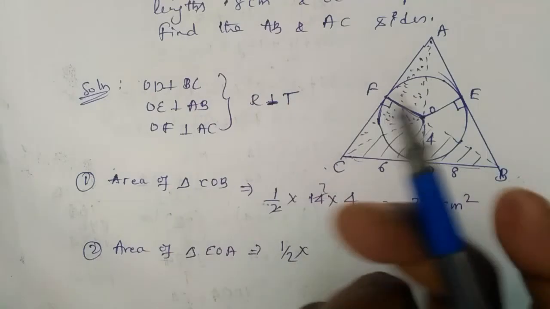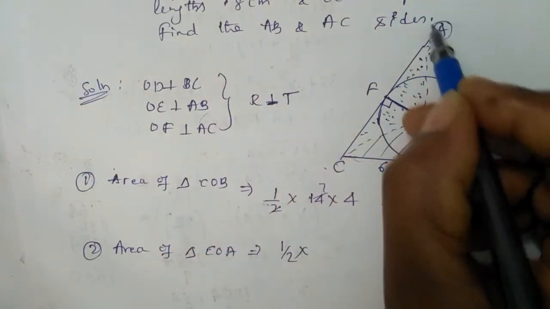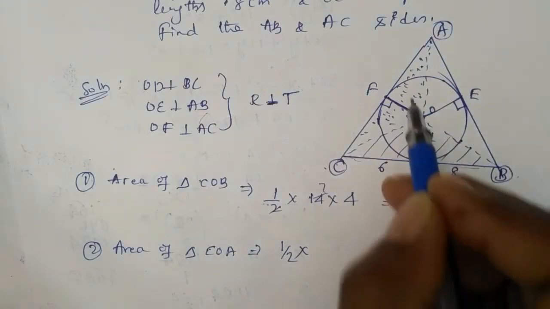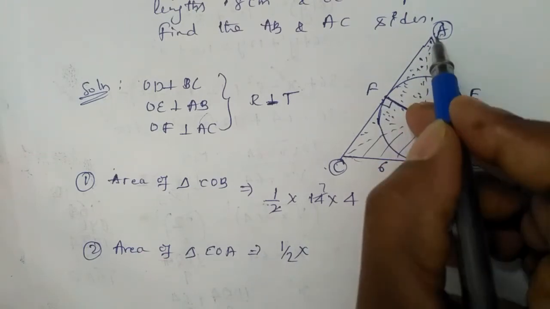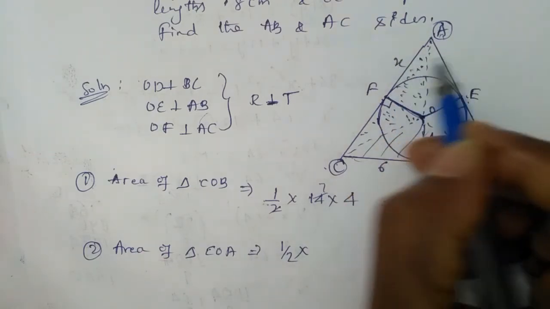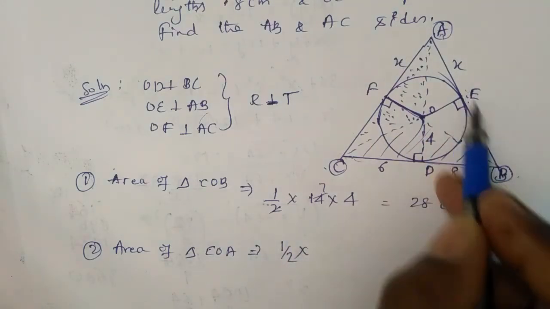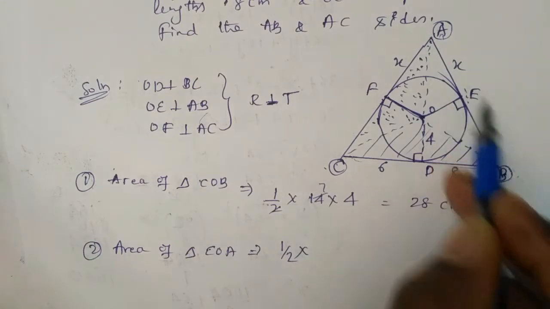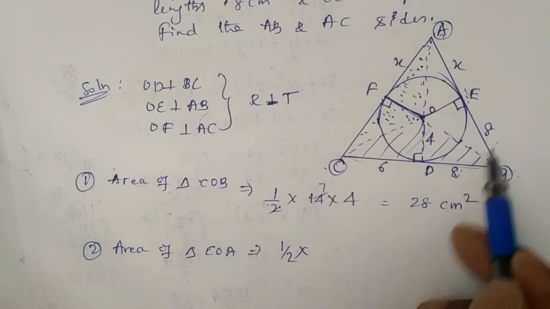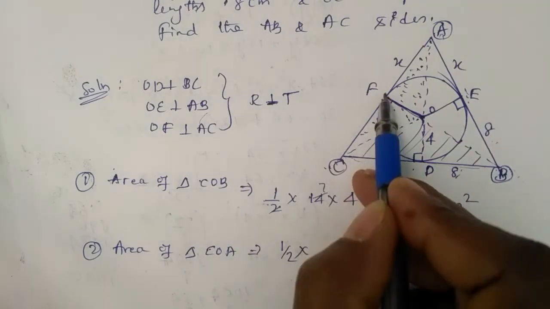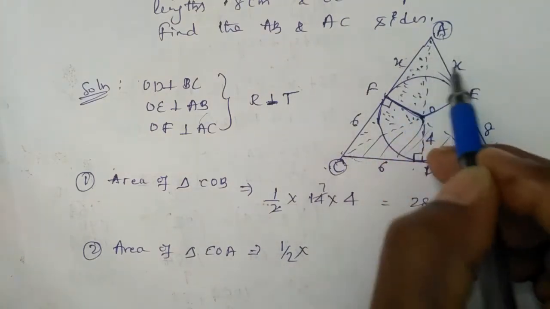First theorem perpendiculars are used. Second theorem we go there. In the second theorem, there are three exterior points, A, B, C. All three are exterior points to this inscribed circle. So from exterior point A, AF and AE both are equal. We mark these two as X. And from B, there are two tangents drawn, BE, BD. So BD is 8, of course BE also 8, because these two are equal tangents. From C, CD, CF. CD 6, CF also 6. From A, both are unknown, so I took X.